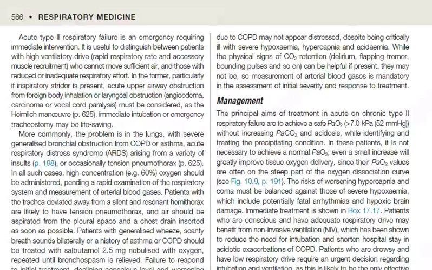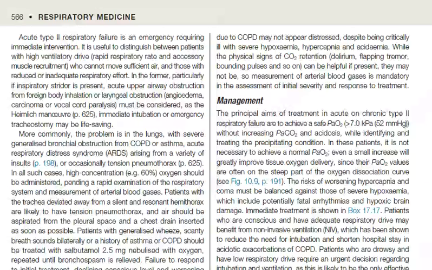In the former, particularly if inspiratory stridor is present, acute upper airway obstruction from foreign body inhalation or laryngeal obstruction, that is angioedema, carcinoma, or vocal cord paralysis, must be considered, as the Heimlich maneuver, immediate intubation, or emergency tracheostomy